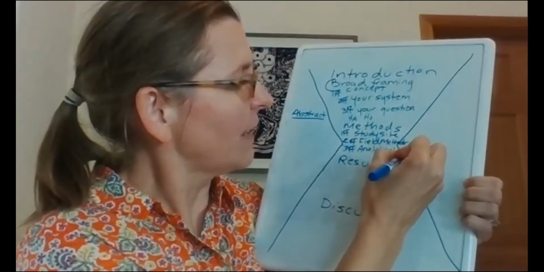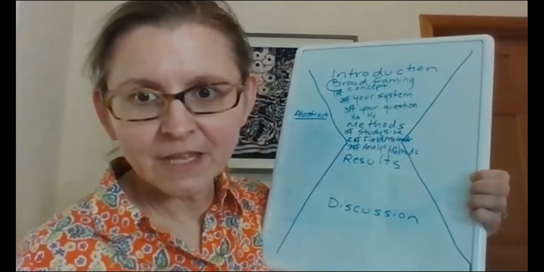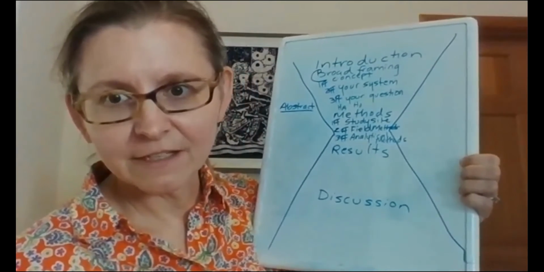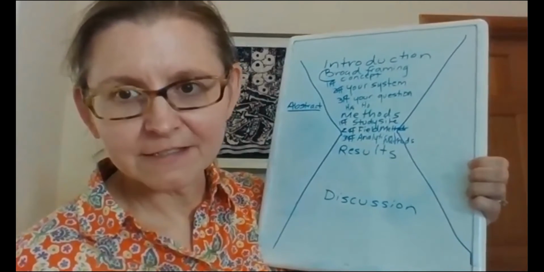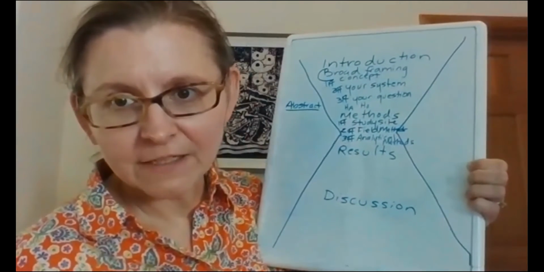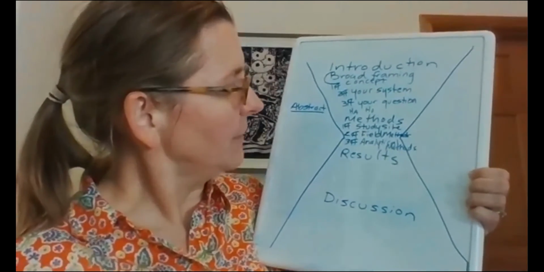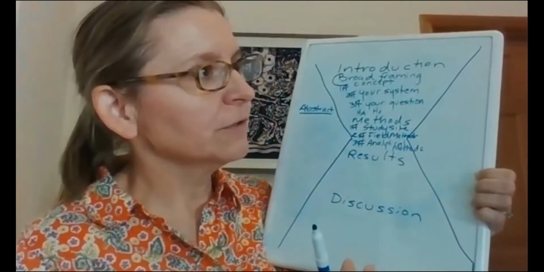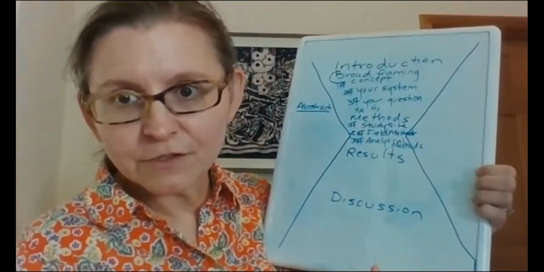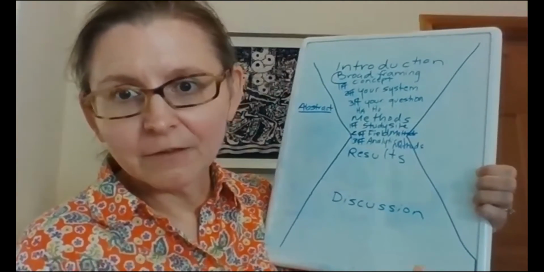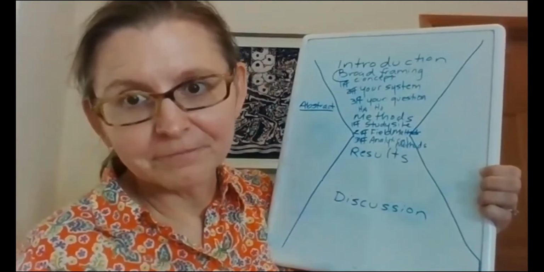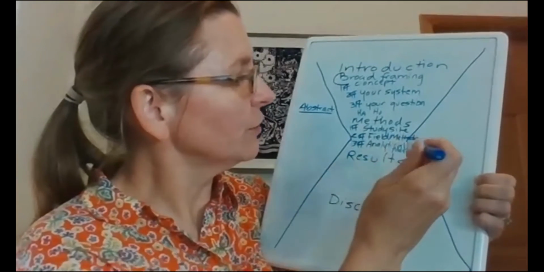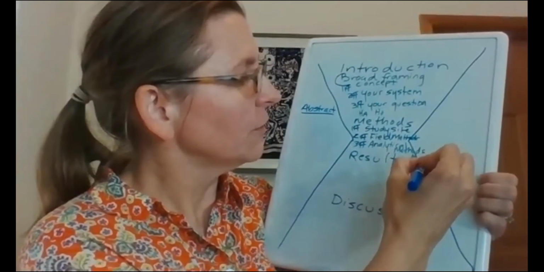Okay, and so how did you analyze your data? Did you run a t-test? Did you do a correlation analysis, like a regression analysis? Did you do some sort of other analysis? And it's pretty common in these analytical methods to talk about the software that you used to run your analysis and some of the assumptions you made about your data, okay? And so this is also where you can reintroduce your hypotheses,